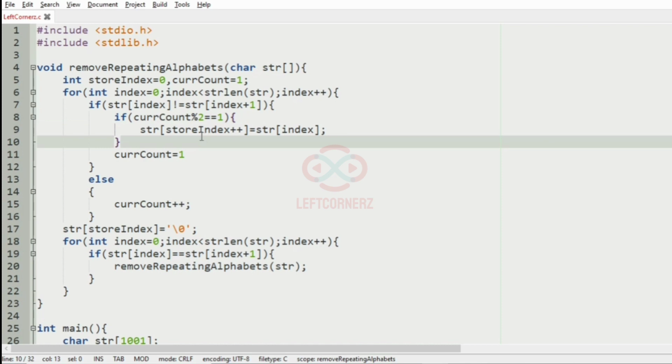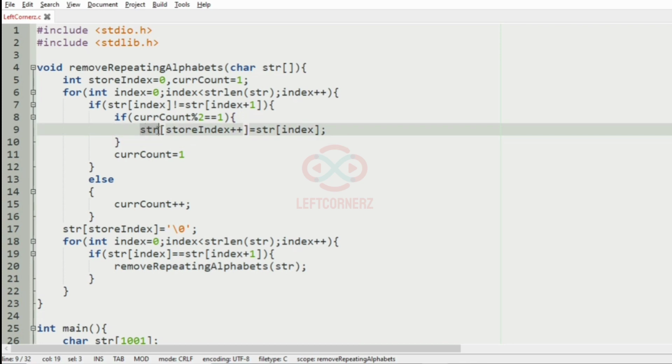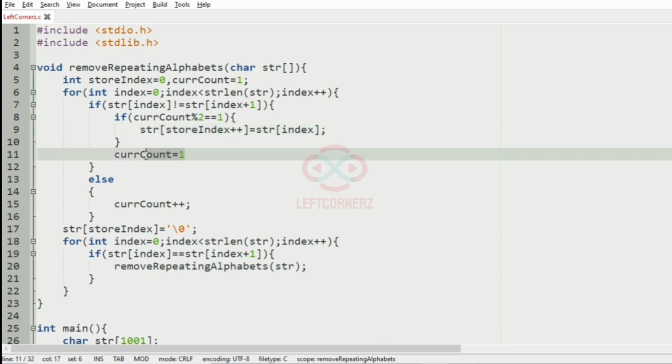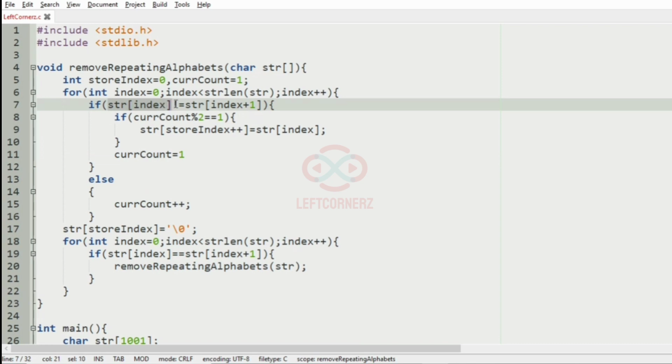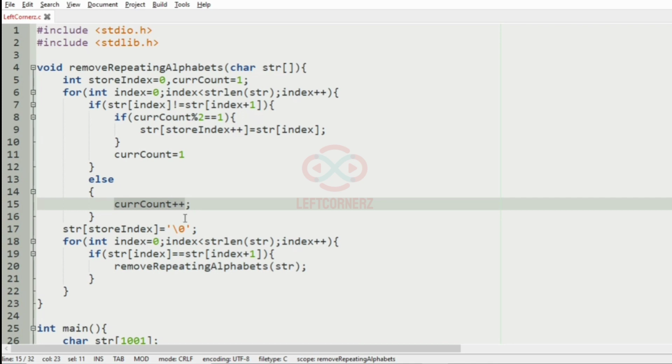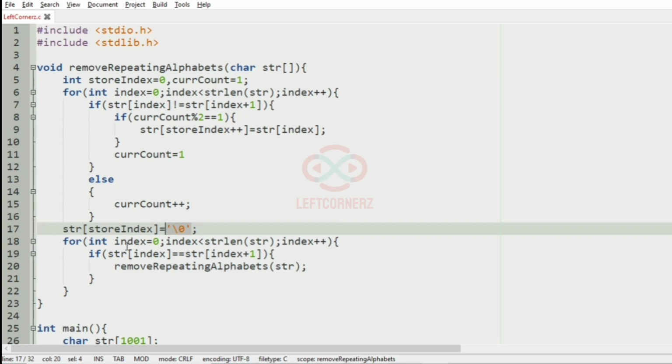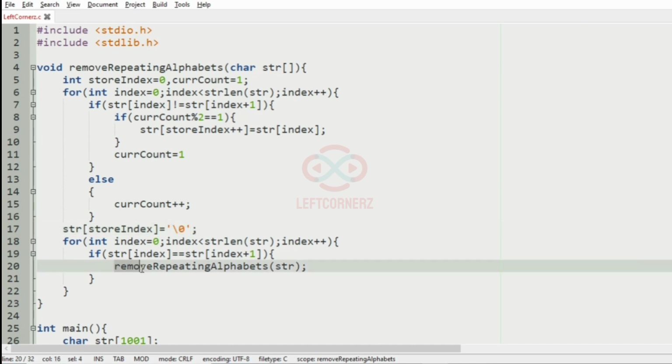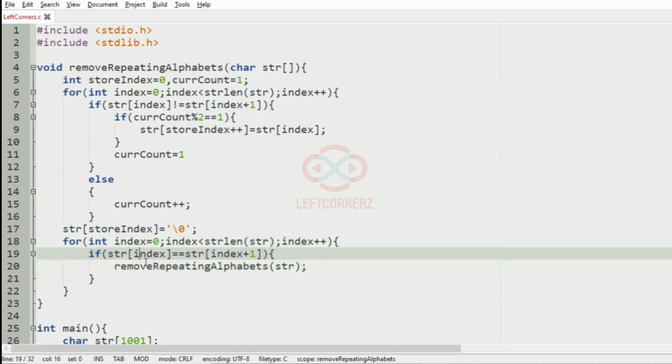If it is odd, we are going to store that str in the store index, and then the current count will be equal to 1, and in the else part we'll just increment the current count. Then we'll have the null character in the str of store index, and we'll again have a for loop to remove the repeating alphabets all over the string.